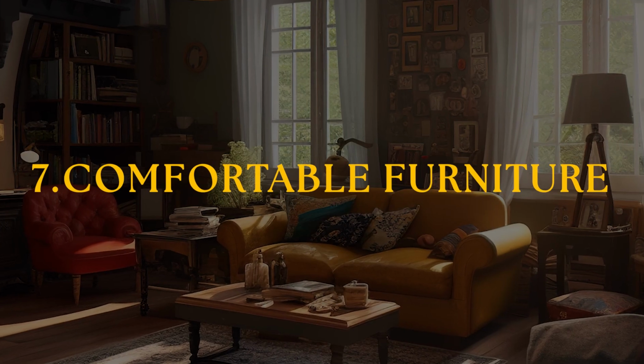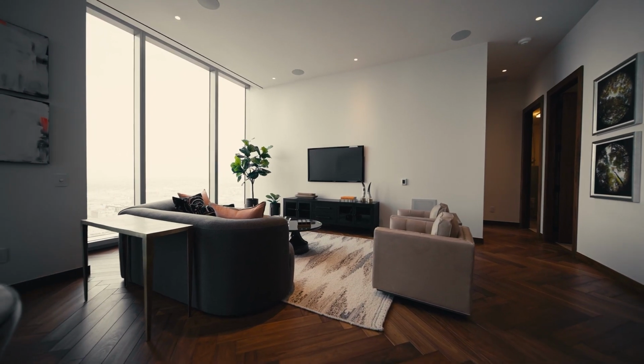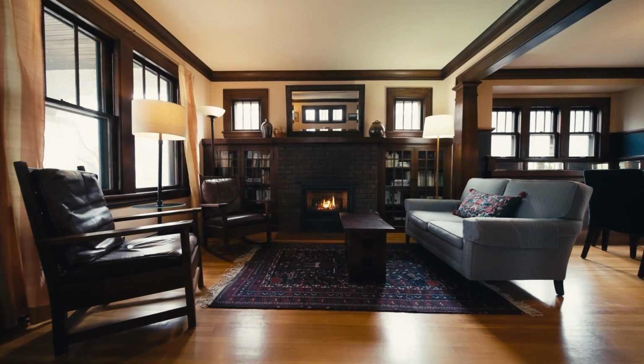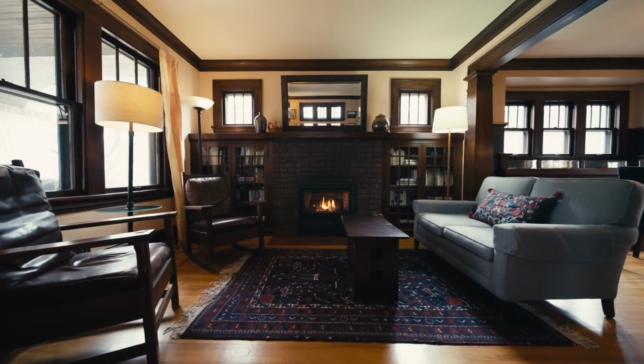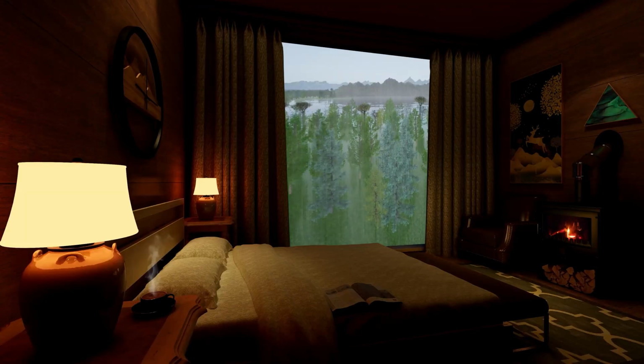7. Comfortable furniture. Invest in furniture that is both stylish and comfortable. Choose sofas and chairs with soft cushions, and consider adding a cozy reading nook with a comfy chair and good lighting. By focusing on these key elements, you can transform your home into a cozy retreat where you feel relaxed